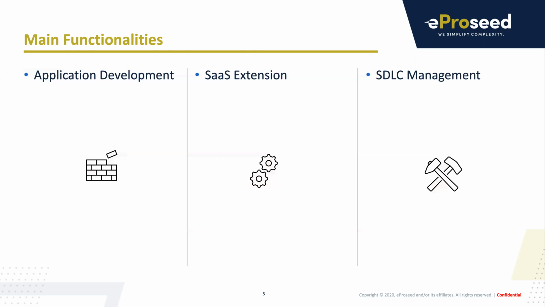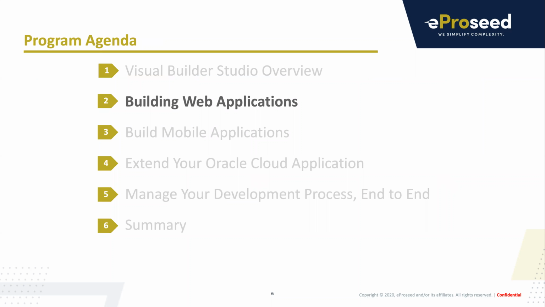So as I said, main functionality for Visual Builder Studio: application development, SaaS extension, and software development lifecycle management. And I will go into all of these step by step, and I'll give you a high-level overview. So, building web applications with Visual Builder